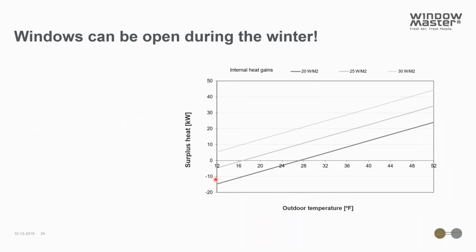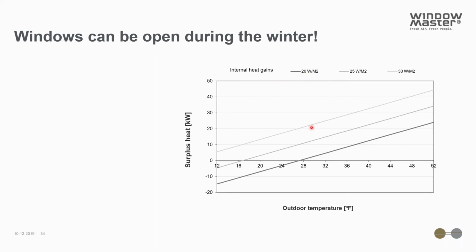And you can maybe ask, does it make sense to open the windows during the winter? But what we actually see in modern high-performance buildings is that they are so very well insulated and airtight that we often have a surplus of heat even at very low outdoor temperatures. Here you can see the different lines represent different internal heat gains in the building, different examples, and you can see with an internal heat gain of